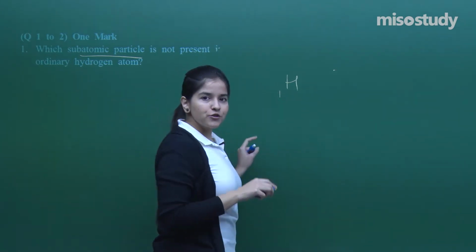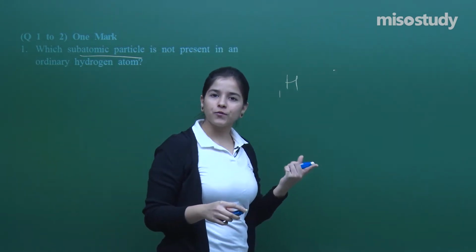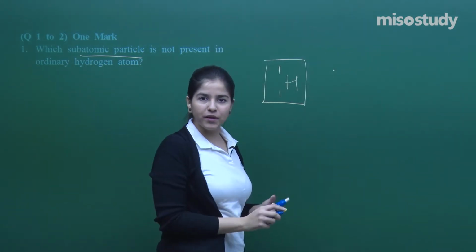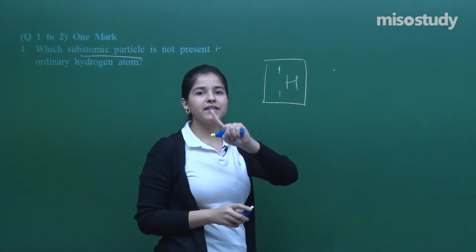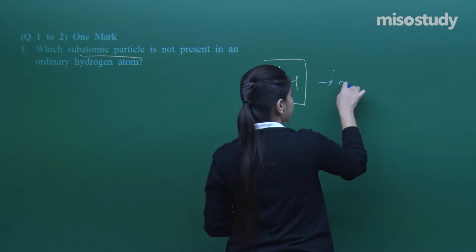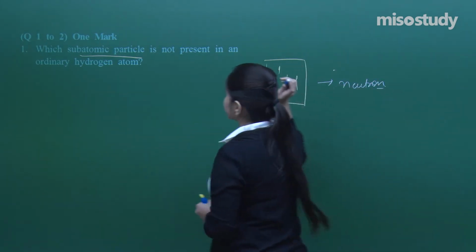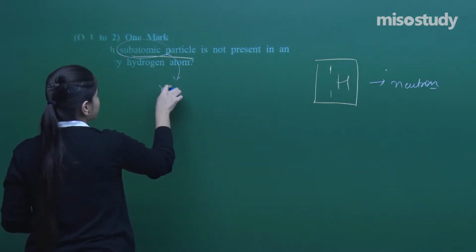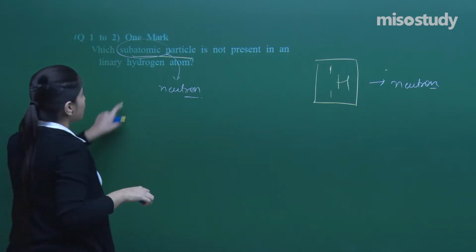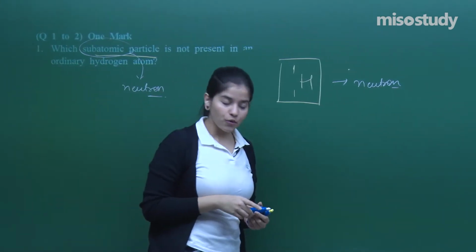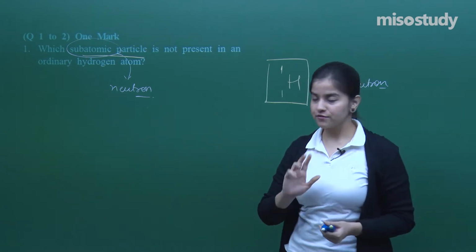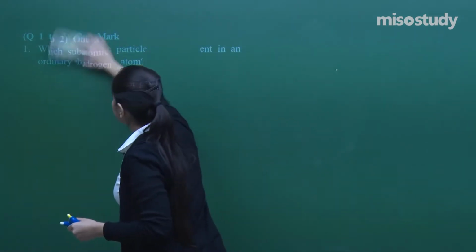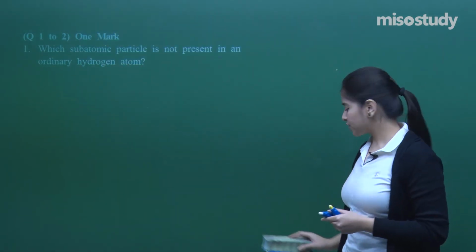It's 1. So 1 is the electron, and the proton will be equal, and that is what the hydrogen atom is. This lacks one thing in the nucleus, which is the neutron. So the subatomic particle which is missing here is the neutron. No neutrons are there in the hydrogen atom, if I talk about the protium isotope of it. Since this is a 1 mark question, you just have to write the answer in one line, and that will be sufficient.